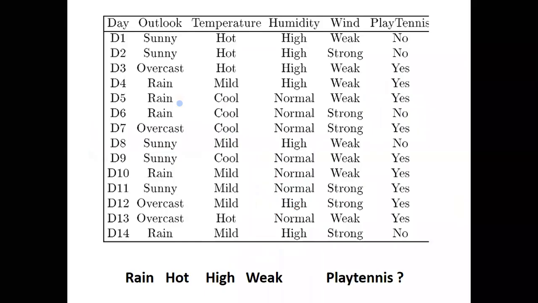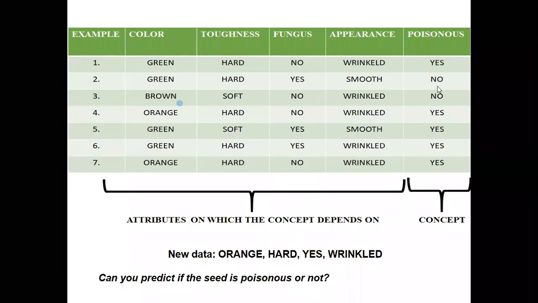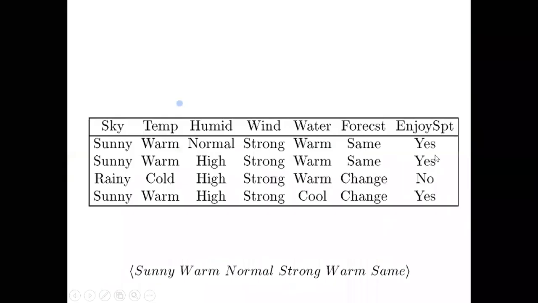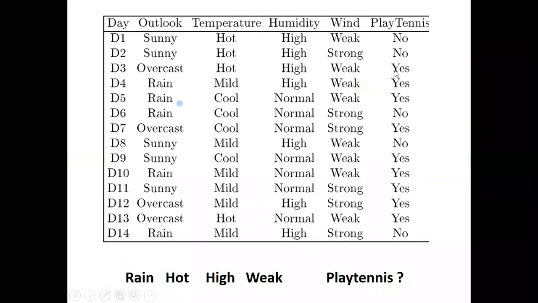Labeled data sets means you can see in these data sets the last column, which we call Y. That is the class of these examples, yes or no. That's a label. For each and every example, there is a label, either a yes class or no class. Enjoy sport is either yes or no, play tennis is either yes or no. This final column is the label. For each and every example, there is a label present. So all these data sets are labeled data sets.